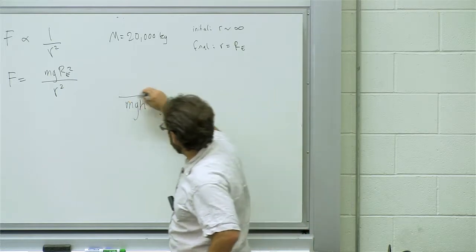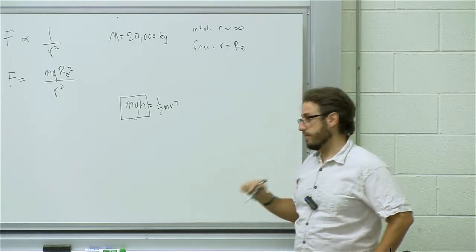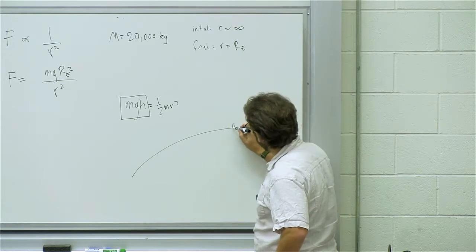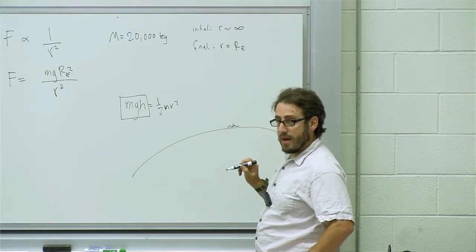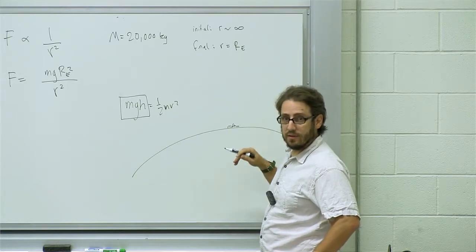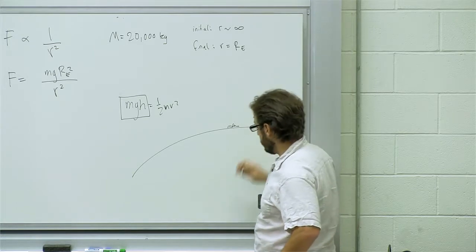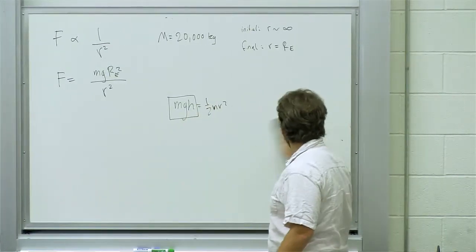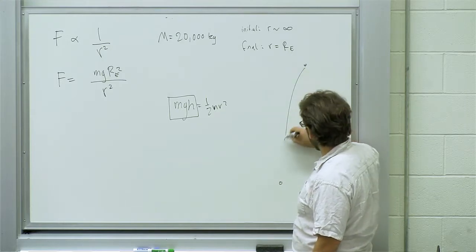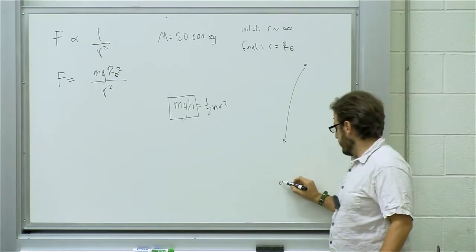Because this assumes that h is small compared to your distance from the center of the Earth, right? If you're on the surface of the Earth, which is very large, and you're doing problems about shooting baseballs or whatever, it doesn't really matter. You can assume that g is constant and get the right answer, because the change in g from here to here is really tiny. If, however, your scale is this, here's the Earth, here's you, and we're talking about some asteroid on a kill trajectory, then obviously,